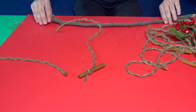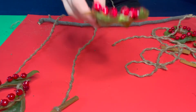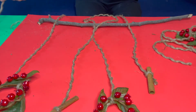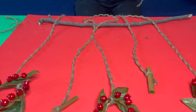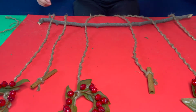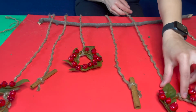So now I'm going to just lay them out and see how I like them. And tie them around my branch. Oops. And we'll go from there. Put this here. You want to kind of do what I'm doing here. Just lay them out first so you can figure out the spacing for all your pieces. I'm not going to be measuring it out or anything. Just going to play with it a little bit and